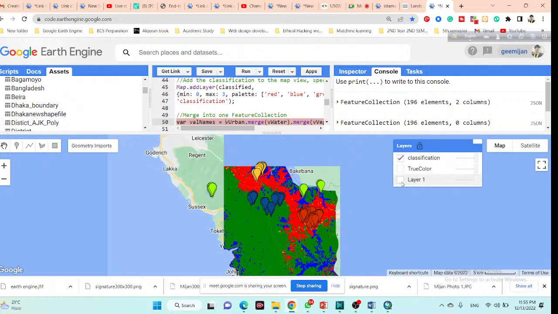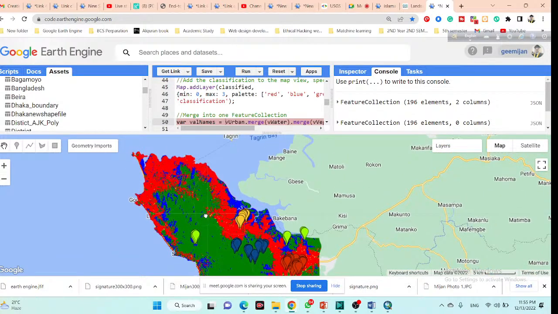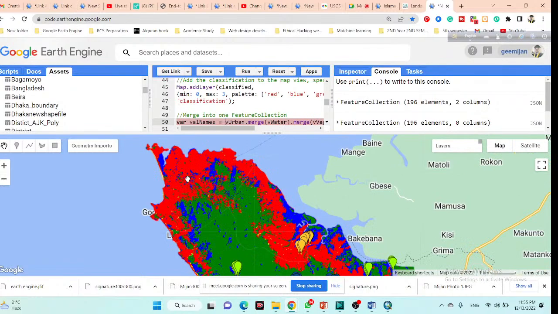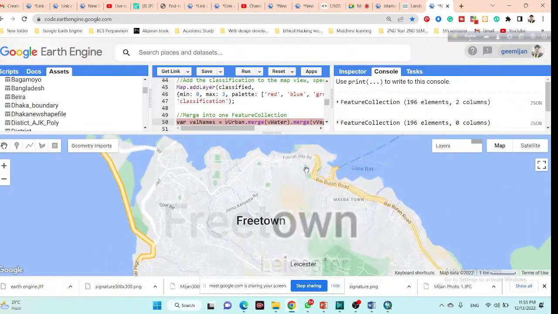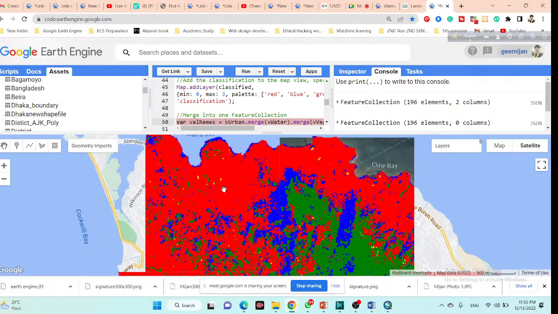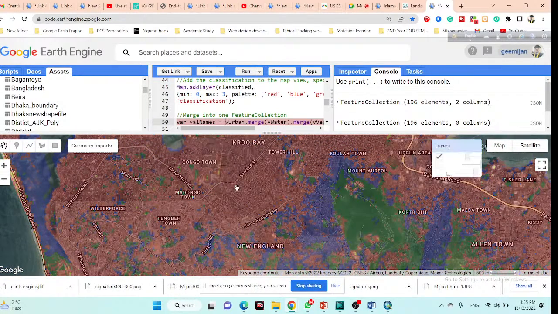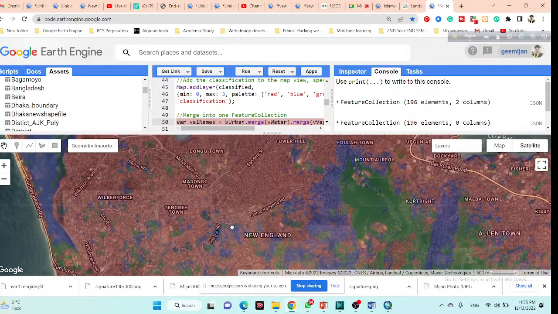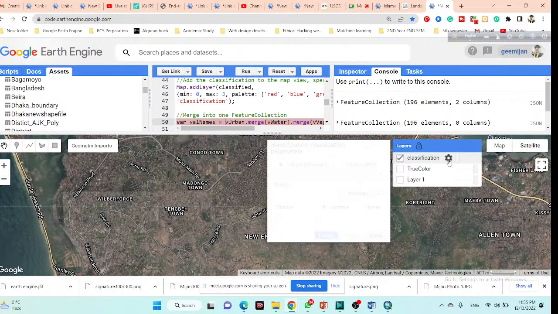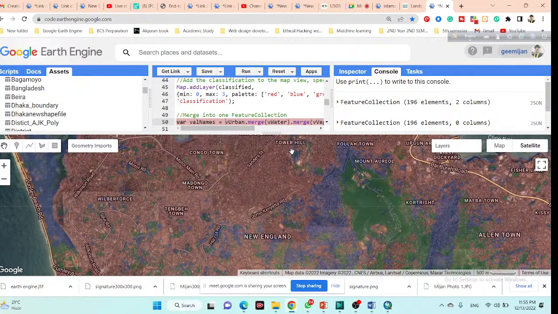You can see. So this time we can get some. Okay, I think there is a lot of built-up area available in this one. So there are a lot of barren land pixels. You can see a lot of built-up area or urban area you can find out. Also you can see